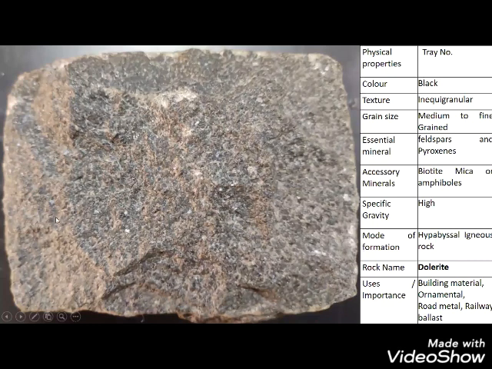As I said, you can use it for any purpose for that matter. Most of the time, in kitchens, they give you a dark black slab. Generally in houses, you can see jet black colored granite, and black granite is a commercial name for dolerite. This is particularly used for kitchen slabs.